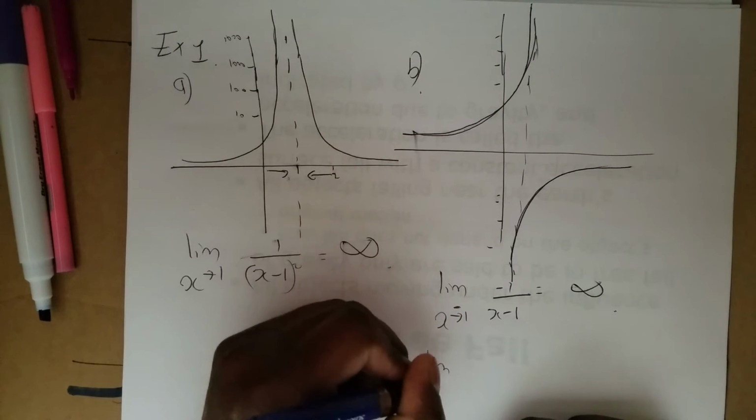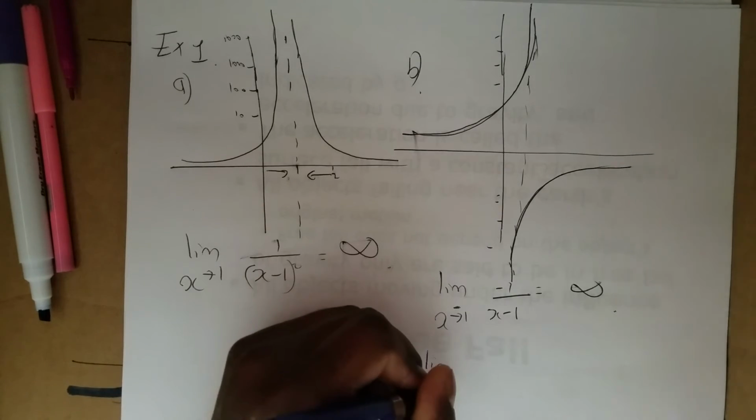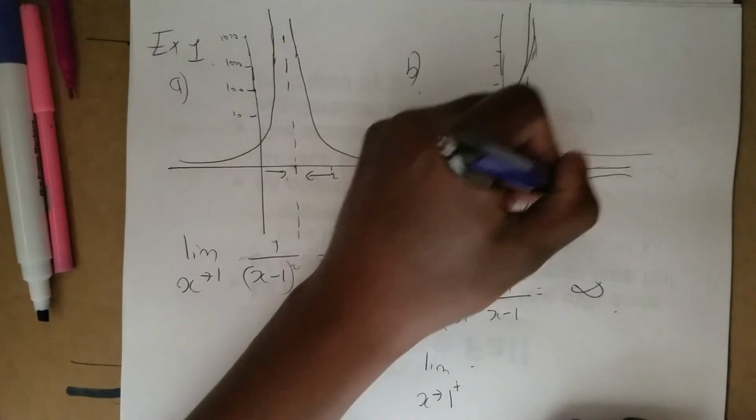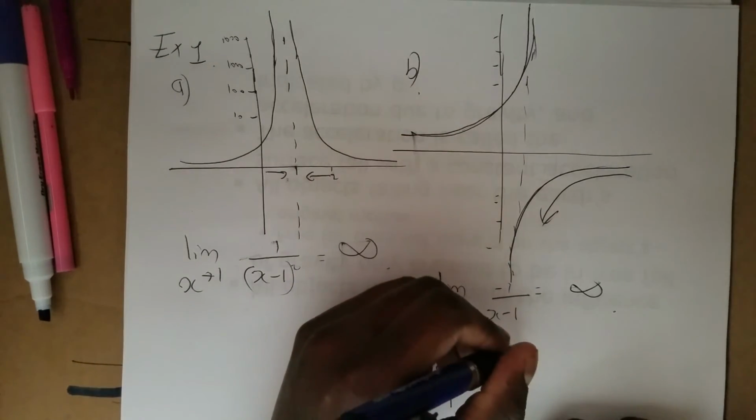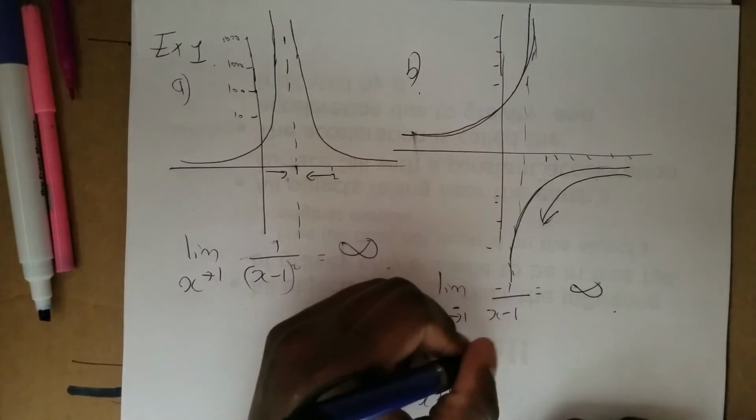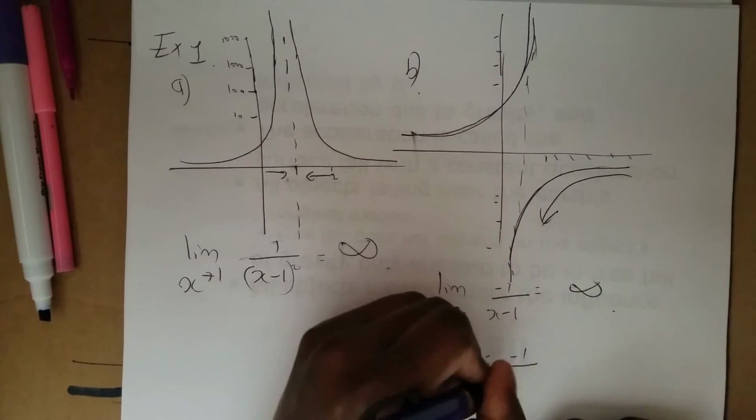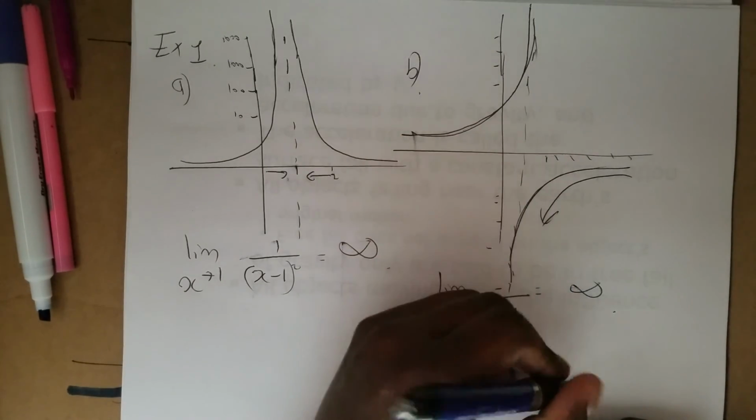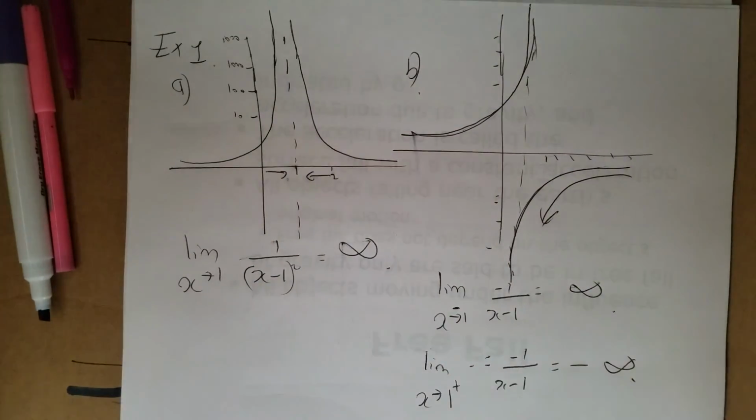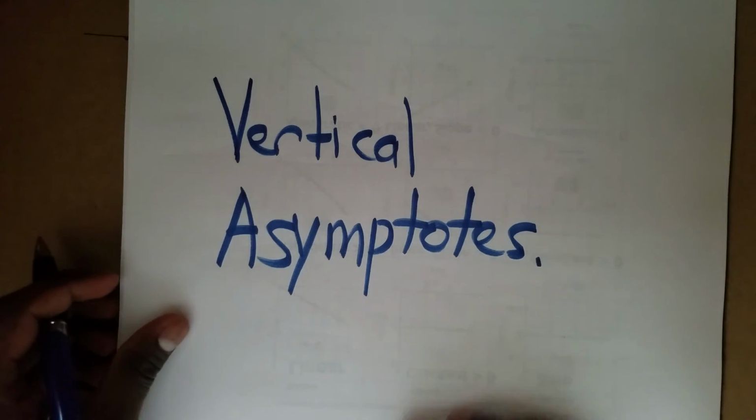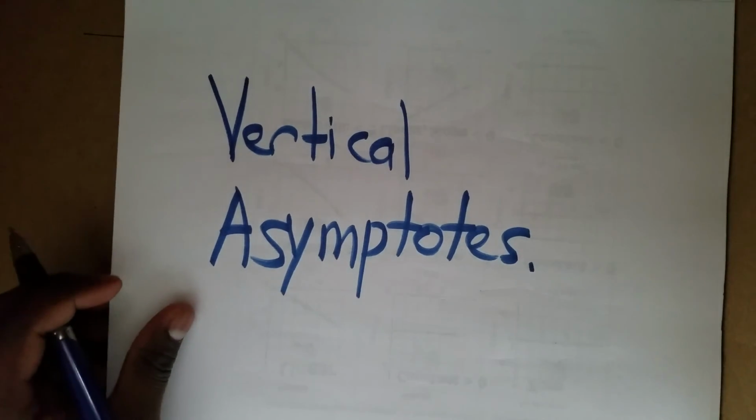So you have to be careful. From the positive side, positive numbers, -1 over x minus 1, the limit is negative infinity. Let's go on to vertical asymptotes. So for vertical asymptotes,